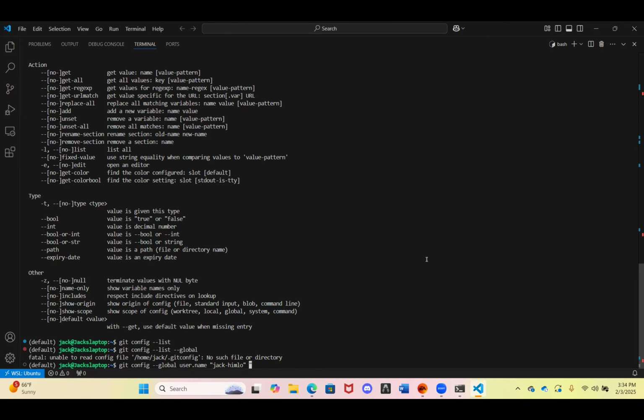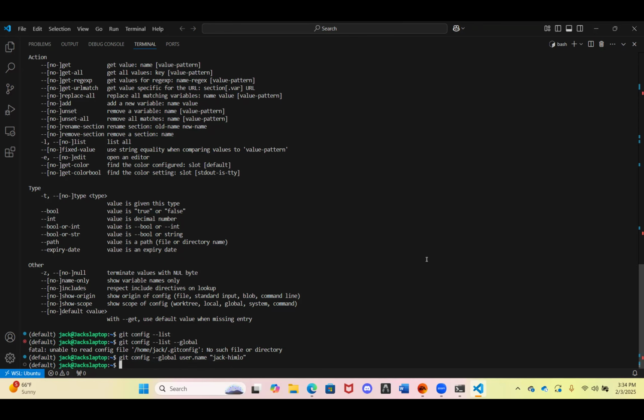That looks good. You've got an extra double quote that you can get rid of. Yep, and go ahead and hit enter. And now let's do a very similar command, which is going to be git config --global user